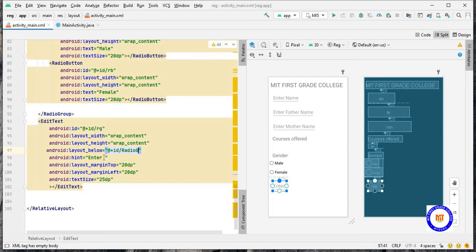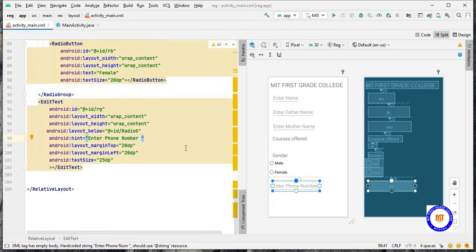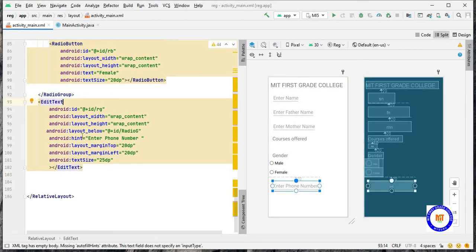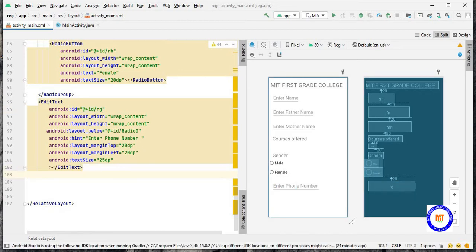Then next I'll give the hint as enter phone number. I'll give two buttons, and also the ID is RG for this. I'll take two buttons.